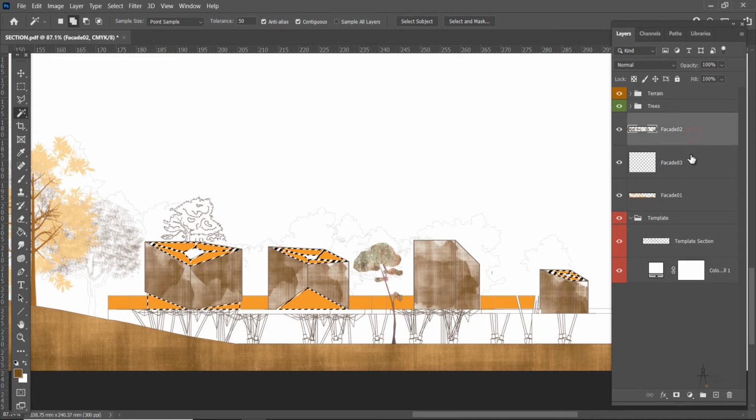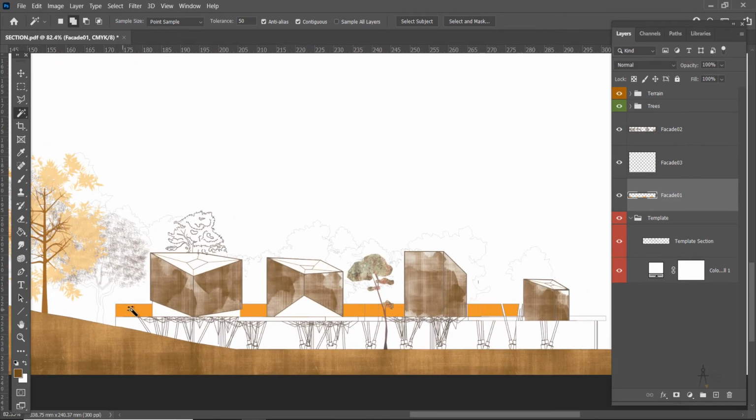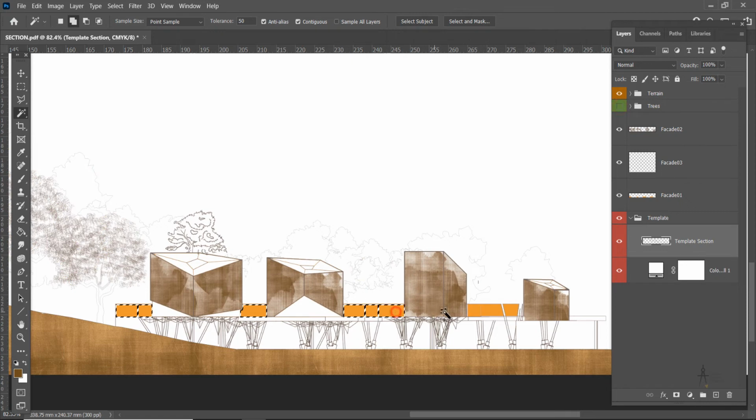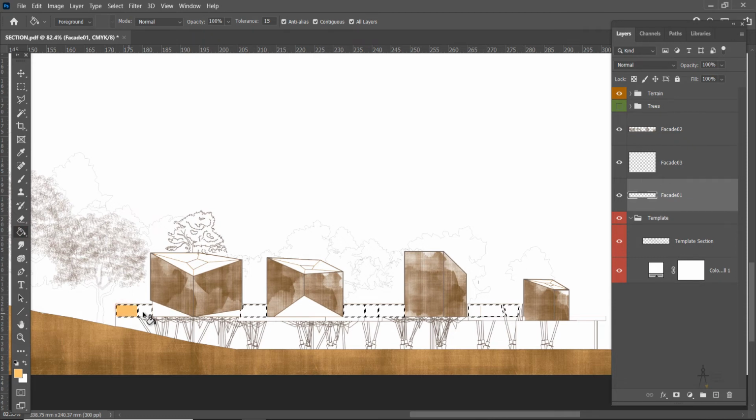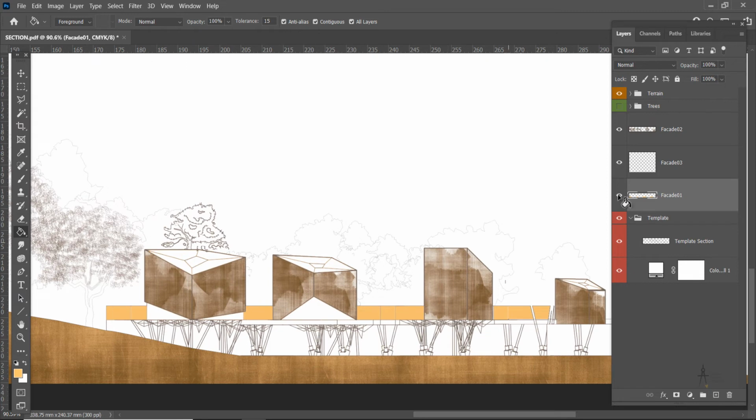So if I just trees, off they go. Select this better, and now I'm going to erase this, going back to facade 1, and what I'm going to do, I'm going to select this color because I just didn't like the contrast, and yes, use this. Control D, and now come back to this layer